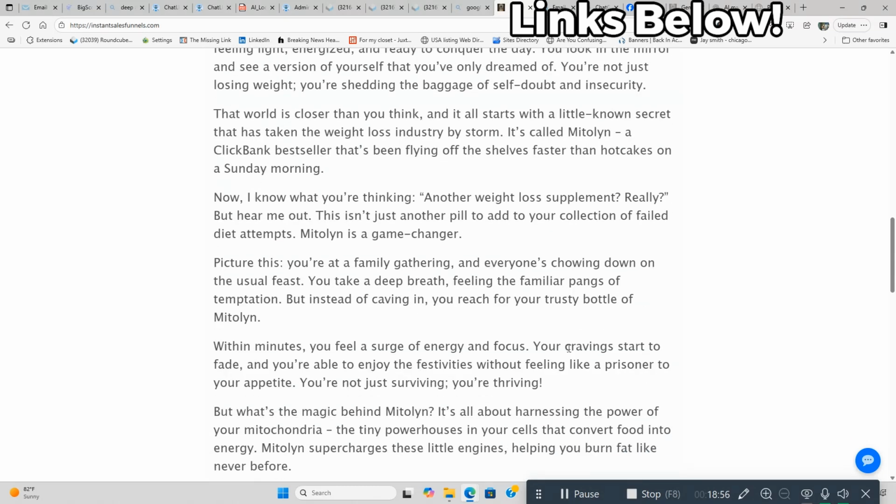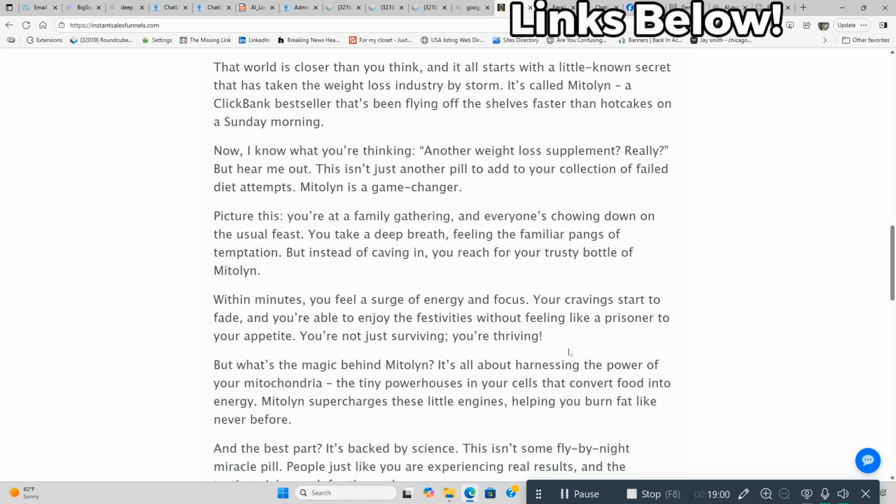Now I know what you're thinking: another weight loss supplement, really? But hear me out. This isn't just another pill to add to your collection of failed diet attempts. Mitolin is a game changer. Picture this: you're at a family gathering and everyone's chowing down on the usual feast. You take a deep breath, feeling the familiar pangs of temptation. But instead of caving in, you reach for your trusty bottle of